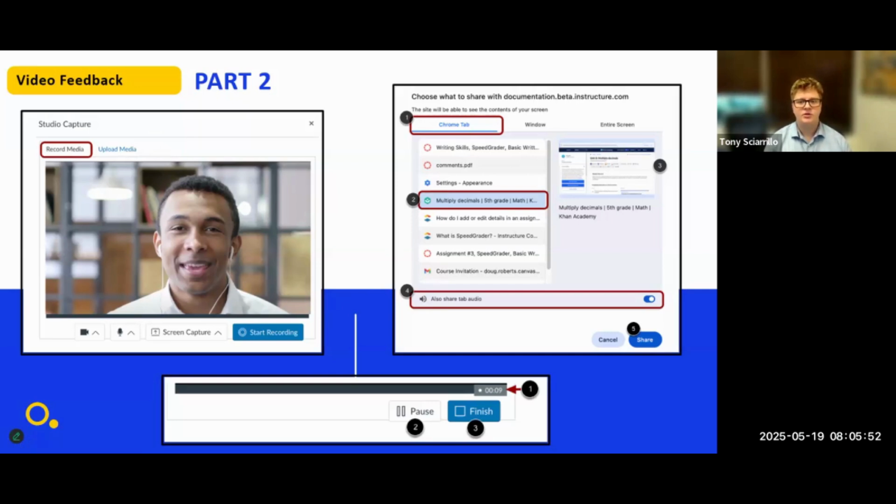You'll have three tabs: Chrome tab, window, or the entire screen. The recommendation here is to record the Chrome tab and select the tab that has SpeedGrader open, where the student's assignment is, right? And you'll see the preview of what the recording will look like on the right, which is